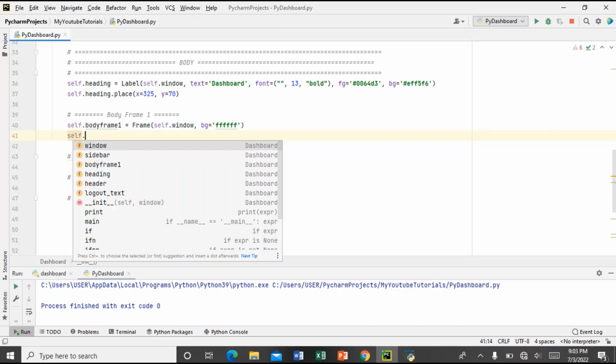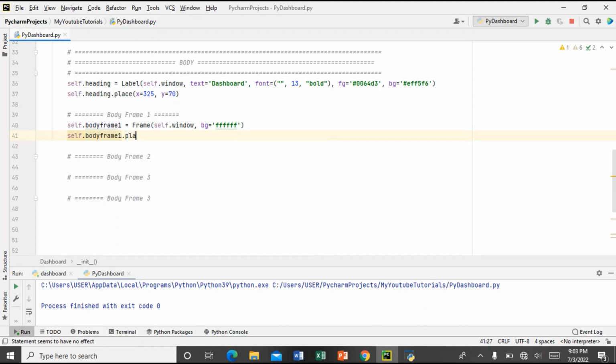So self dot body frame 1 dot place. So let me change this to uppercase to make PyCharm happy. Okay, so X. So our X should probably be